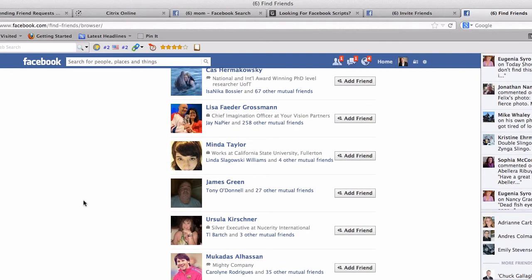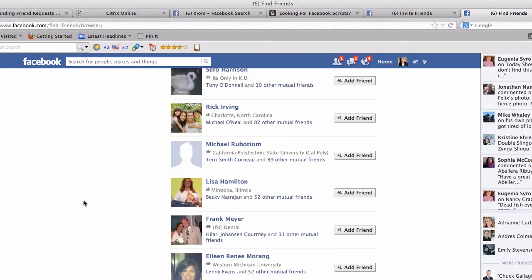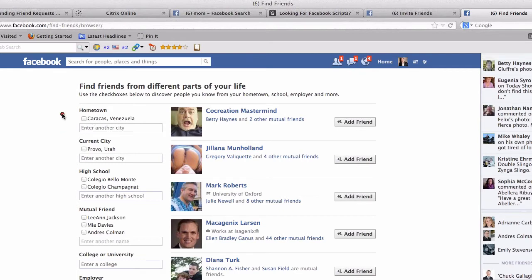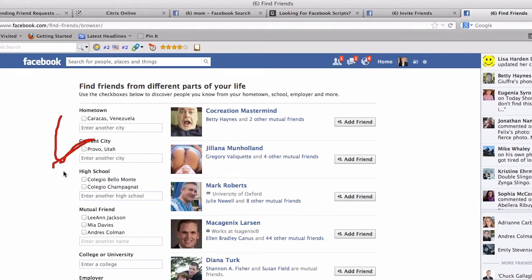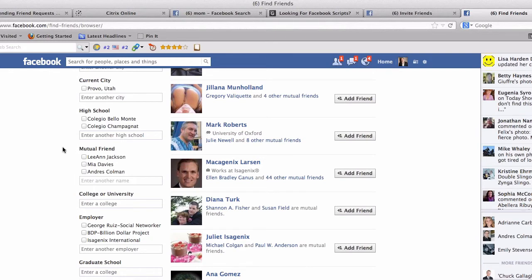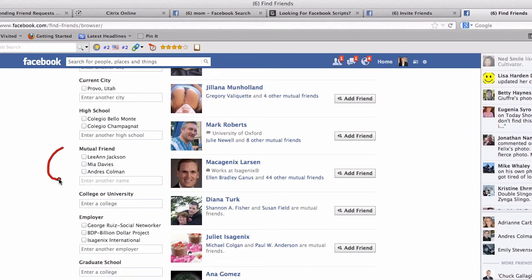I could keep going and going and going, and the list is going to get bigger when you add things on this column. Add cities where you have lived. I have only 2 cities here. I could have Cape Coral. I didn't, but I'm sure if I add Cape Coral, I'm going to add more people. If I add more mutual friends here, I can add more people, although I prefer cities where you have lived,